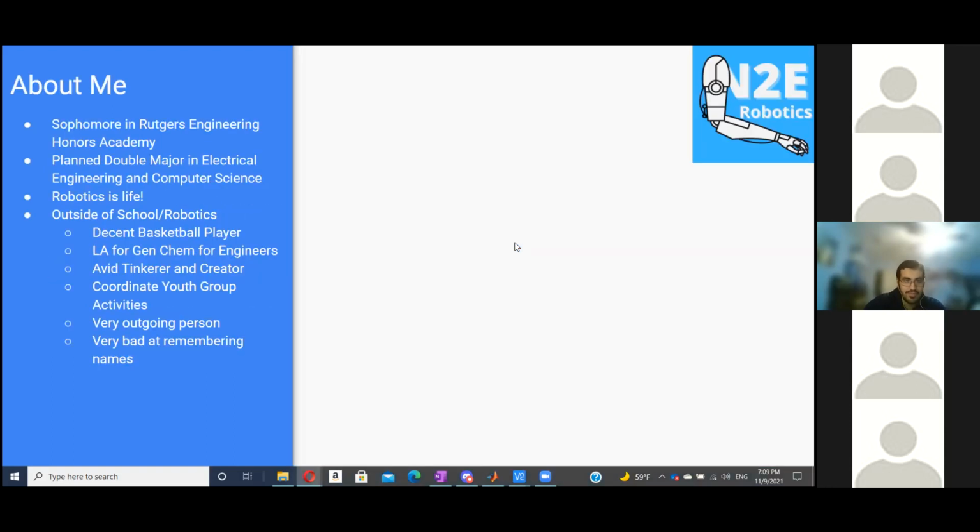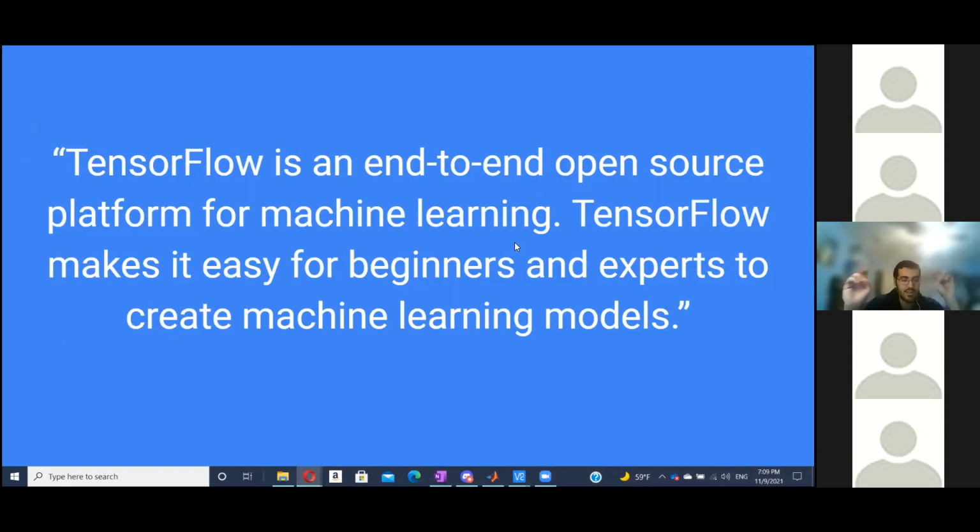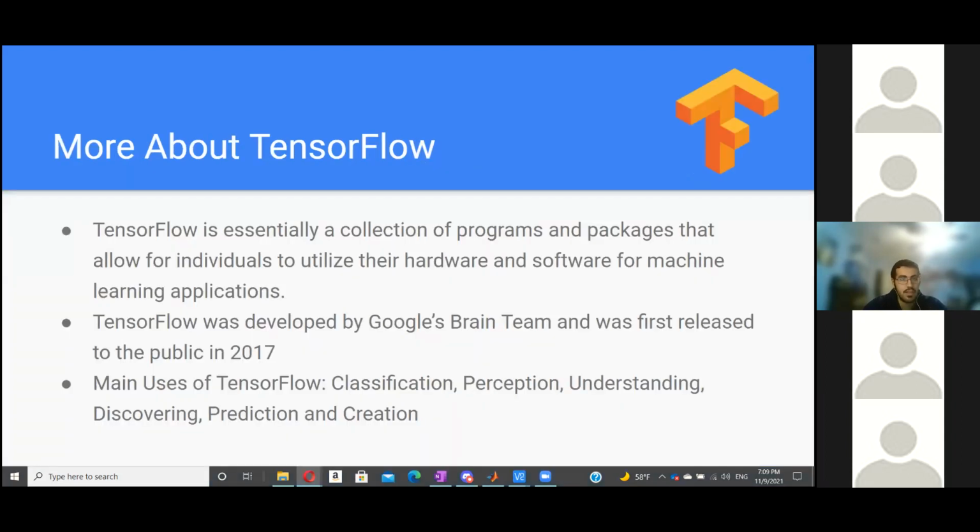Okay, so really quick, it's a quote. It's not the actual definition of what TensorFlow is, but it's basically TensorFlow. You can read it, but it's basically an open source platform for machine learning and allows you to do a variety of things that would normally be a lot more difficult and a lot more time intensive if you were trying to implement it on your own. So TensorFlow is kind of just a platform that allows you to combine everything and do it a lot easier.